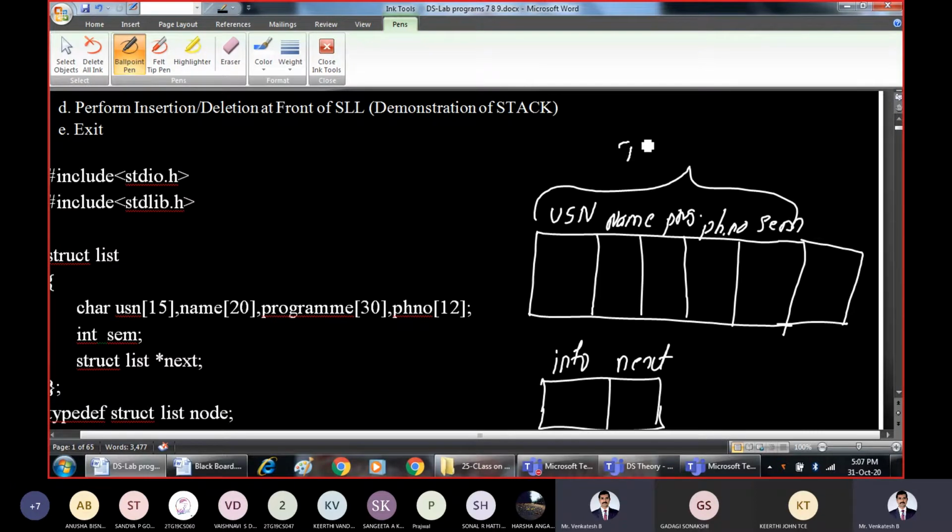All these together represent the information or data. Whereas this is the next pointer, or you can also call it a link, a pointer to the next node. So this is the structure of every node.